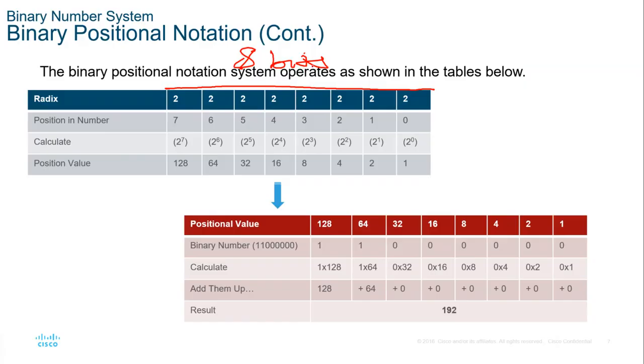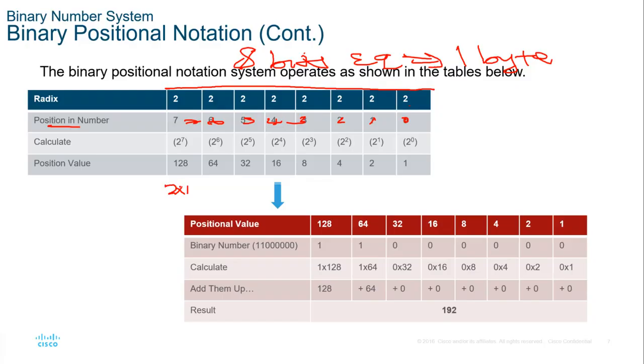So the 8 bits here are equivalent to 1 byte. So we have all this. Now we need the position value. Position in number, we start with a 0. So you simply count 0, 1, 2, 3, 4, 5, 6, then 7. So here, if you want to convert,